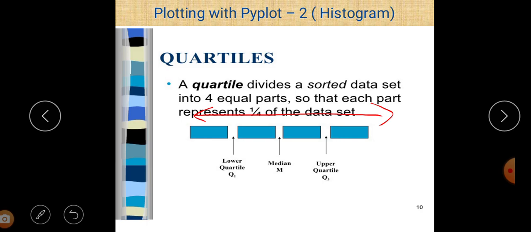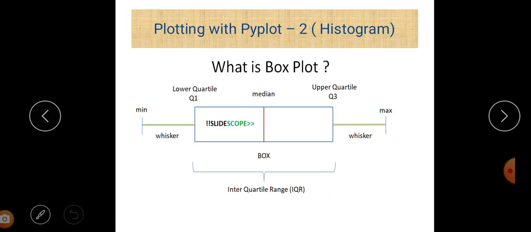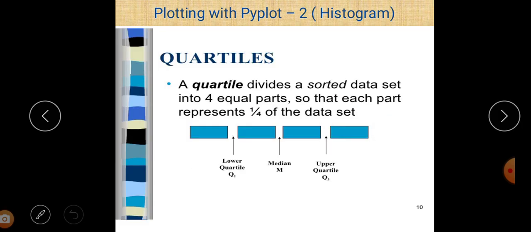The division between first and second is called the lower quartile. Between second and third it is the median, and between third and fourth it is called the upper quartile. So there are three quartiles: lower, upper, and the median. We can easily find the lower quartile, median, and upper quartile in a box plot. So that is the concept of quartiles.